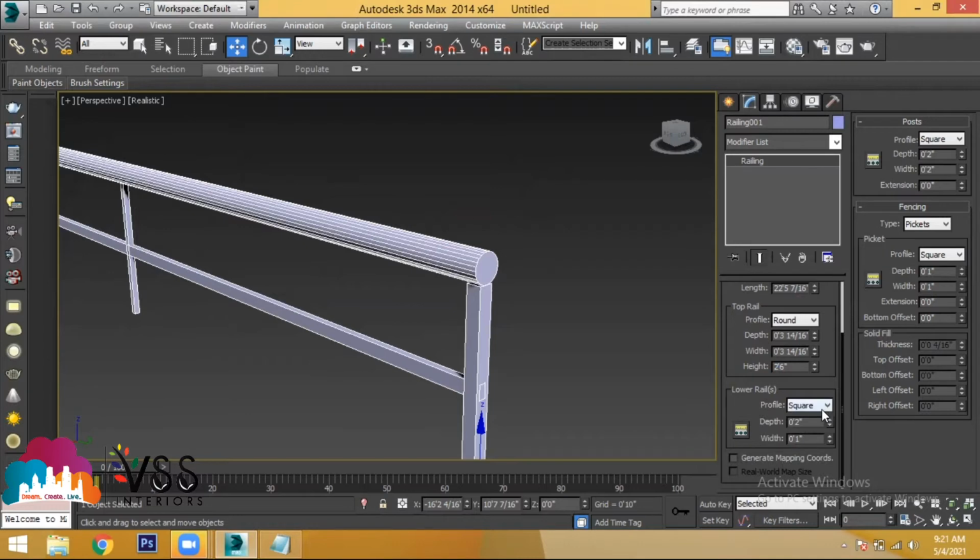Let us discuss the next option, that is lower rail. Coming to lower rail, you are giving some modifications about this horizontal. The upper one is this one, and the lower is this one. This is lower, and this is top rail. Modifications of the top rail are about this one. Modifications about the lower rail are about these bars. So that's the reason I gave the difference.